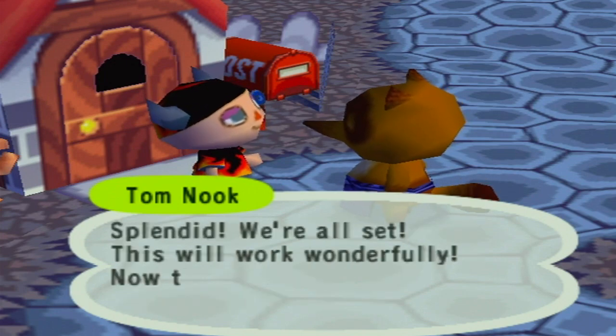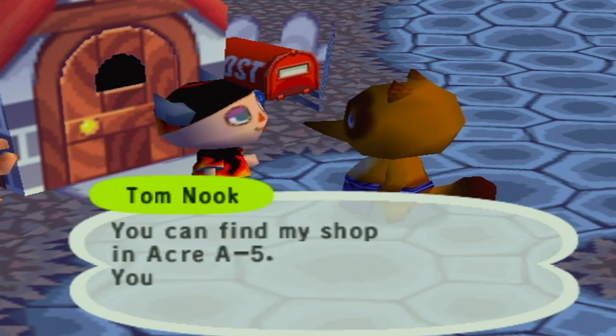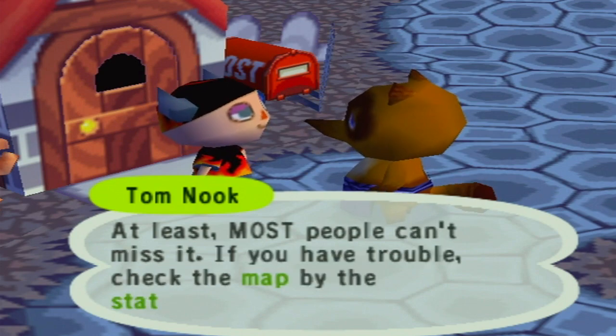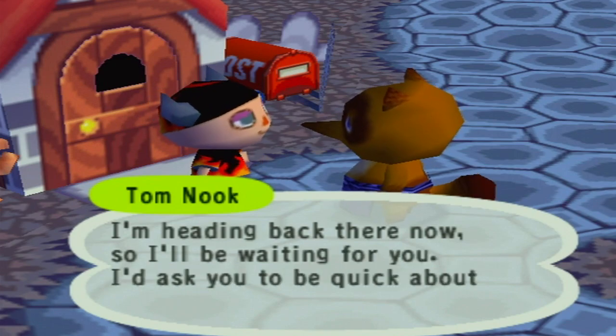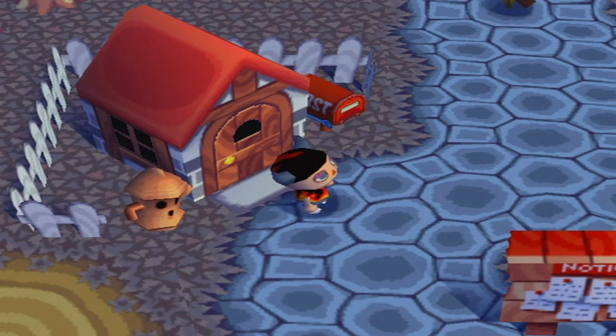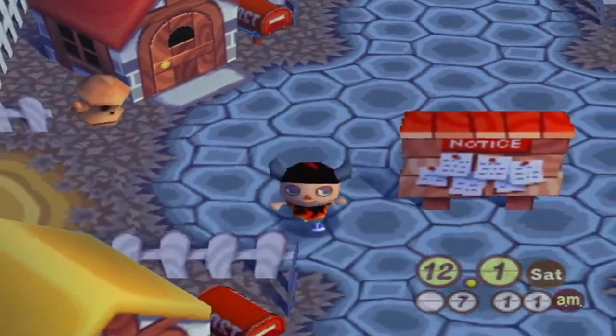This will work wonderfully. Now then, you'll have to come by my shop later to work. You can find my shop in Acre A5. You can't miss it. At least most people can't miss it. If you have trouble, check the map by the station. Heading back there now, so I'll be waiting for you. I'd ask you to be quick about coming, yes? I would be, but your shop isn't actually... I don't think it's technically open yet, and I have a town to look around, so...